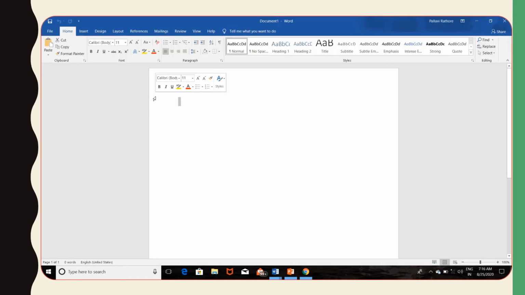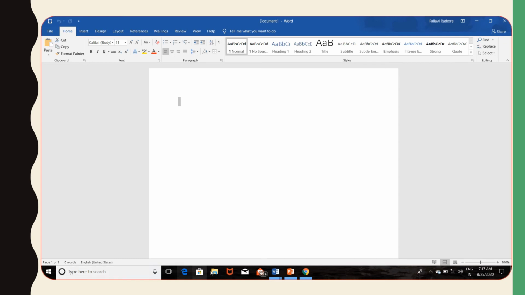Now suppose we are creating a document, and while creating it we need to search something on the internet, like images or words or anything. To do that, we can see both of the screens simultaneously on the desktop. To do so, we will go to the taskbar.